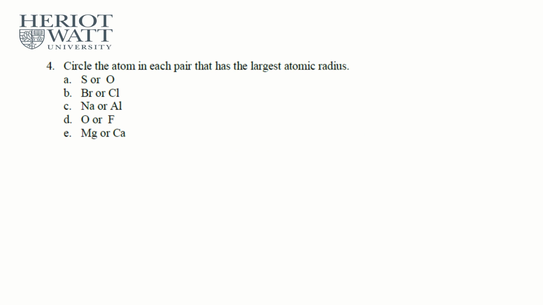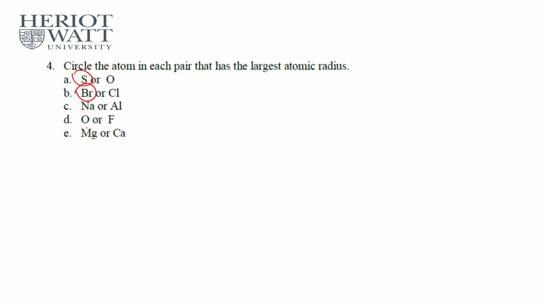Let's move on to question 4. Circle the atom in each pair that has the largest atomic radius. This can also be done by referring to the general trend. So largest atomic radius between sulfur and oxygen. If you refer to the periodic table, sulfur and oxygen are both from the same group. Oxygen is followed by sulfur when going down the group. So of course, sulfur should have the larger atomic radius due to higher shielding effect, same core charge. For B, bromine and chlorine, again, they are from the same group. Going down the group from chlorine to bromine, therefore bromine is the one with the higher atomic radius, again due to higher shielding effect,